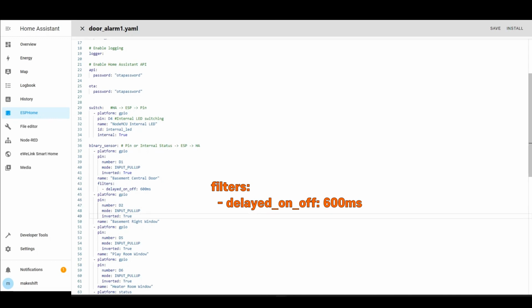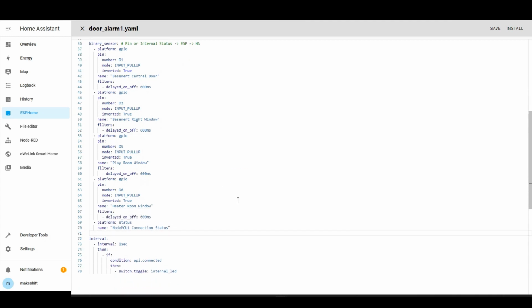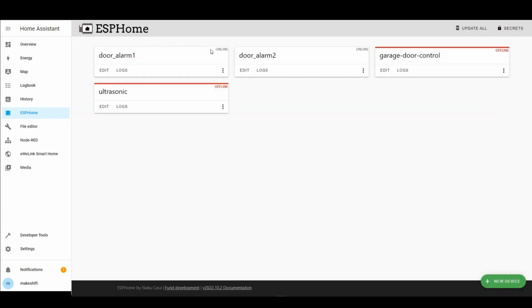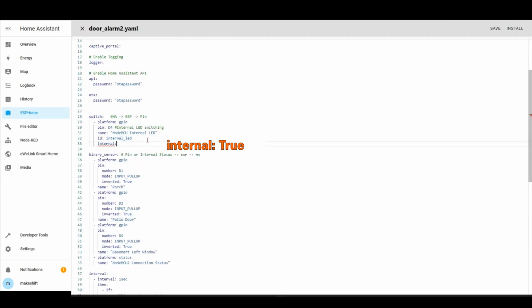I will copy these contents and paste them to all individual door switches. Press Save and make the same changes to Door Alarm 2.